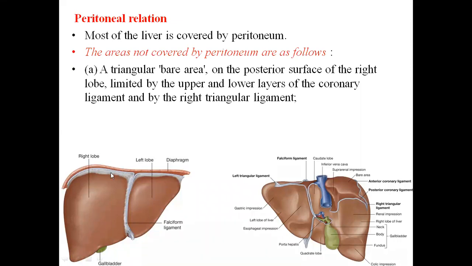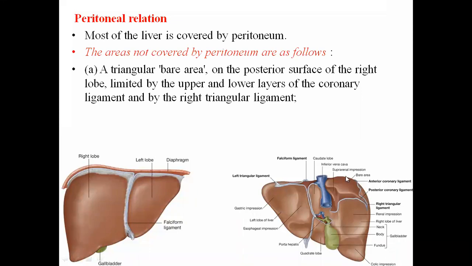Let's come back to this ligament. This is the anterior layer that goes up to the right. That can be seen here. This one. And this ligament is called coronary ligament. So coronary ligament is reaching in this area. This can be called upper layer of coronary ligament, anterior layer of coronary ligament, and so on. At the same time, posteriorly, again, the peritoneum is reflected onto the diaphragm from this area. And this is called the inferior layer or the posterior layer of coronary ligament.